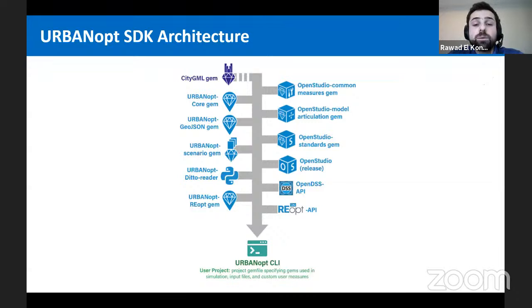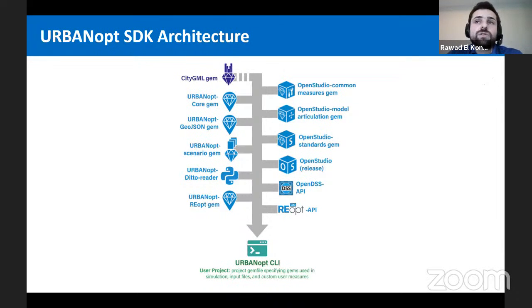So we designed URBANopt as a series of modules, as you can see here, and these modules can be assembled in a specific way in order to create a customized workflow for a specific project. As you can see in this image, we have multiple modules that are assembled together, and each of these modules has its specific functionality.